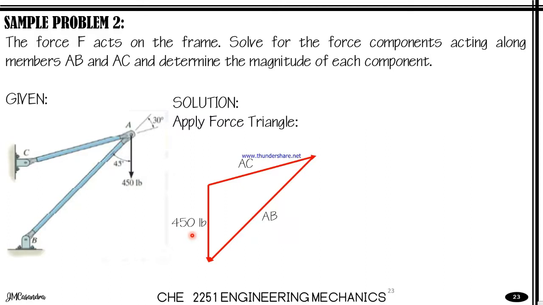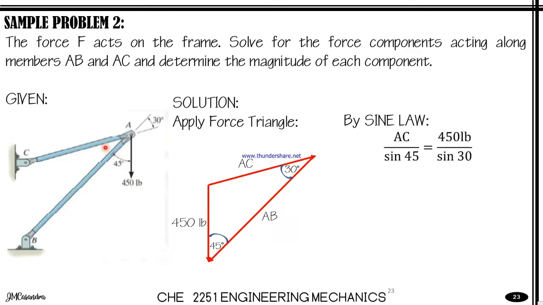So from the diagram, the angle between 450 and AB is 45 degrees, and the angle between AB and AC is 30 degrees. So we now use sine law. So we start off first with AC. AC over sine 45 is equal to 450 over sine of 30. So AC will be equivalent to